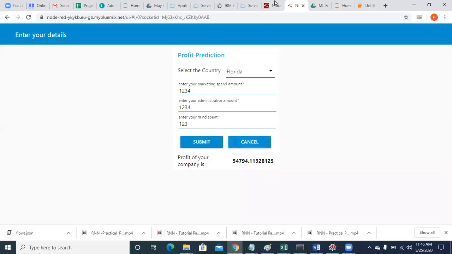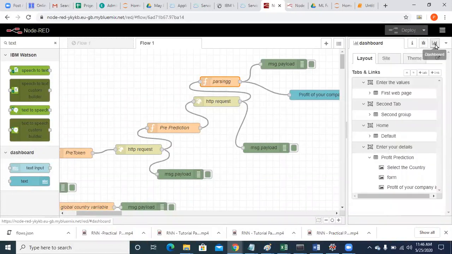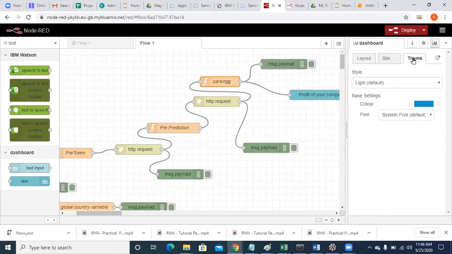Right. So if you want to put this profit up, or if you want to put the form down, or any modifications you want to do, you can go to your dashboard, select the group and UI that you would like to create, and you can just drag the things up and down, and you can also select the theme, guys.